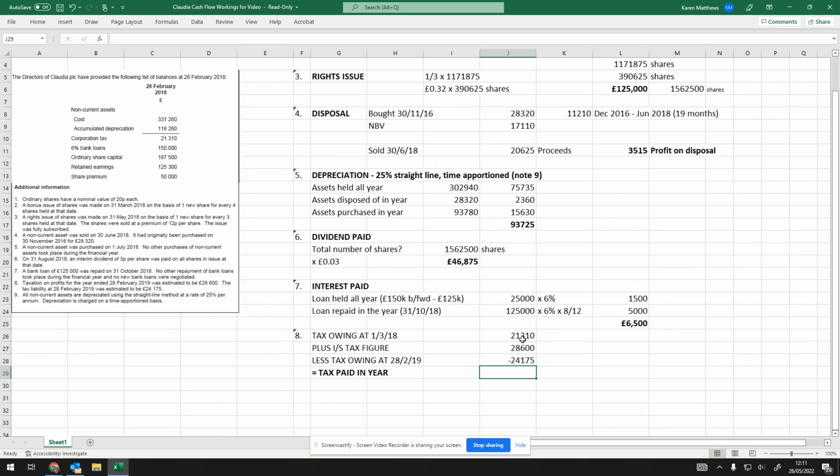So start with the tax owing, add on the figure from the income statement, take off what's still owing at the end of the year, and that will give you the tax that's been paid. So let's just do that lot. So the tax paid is £25,735. Sorry, I've gone a bit dyslexic. 25,735, and we can put that in on our